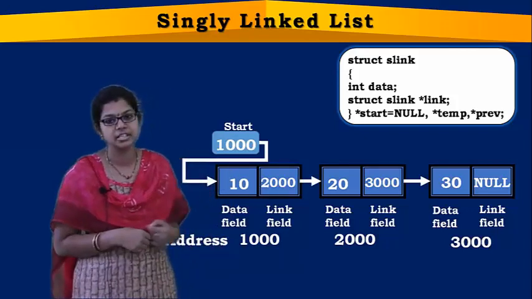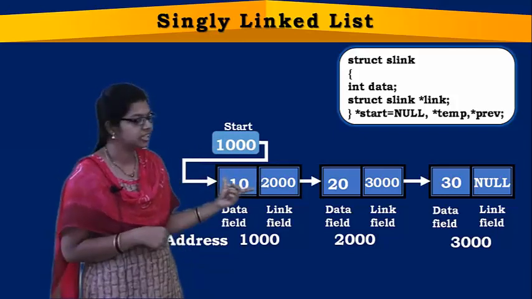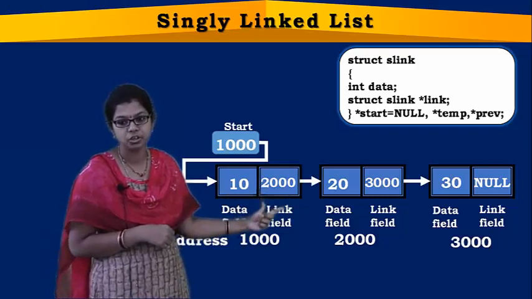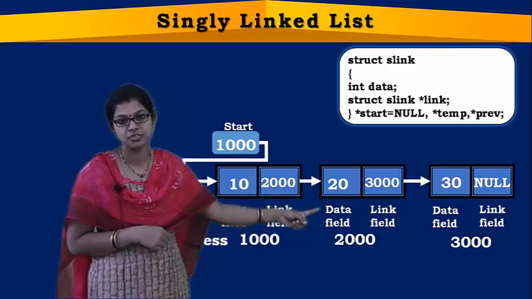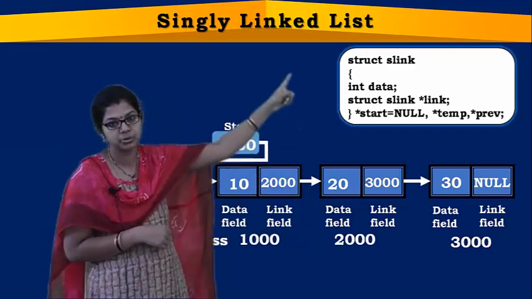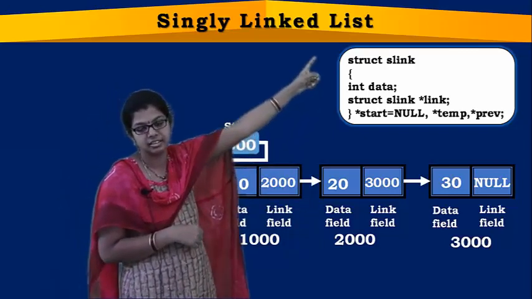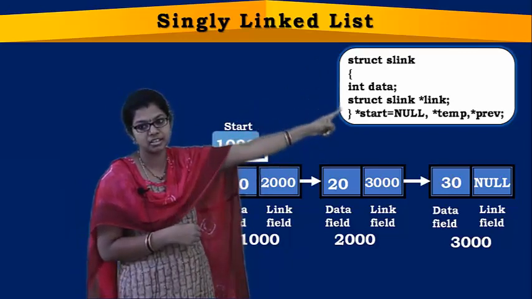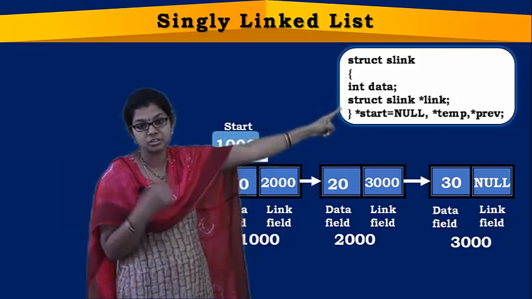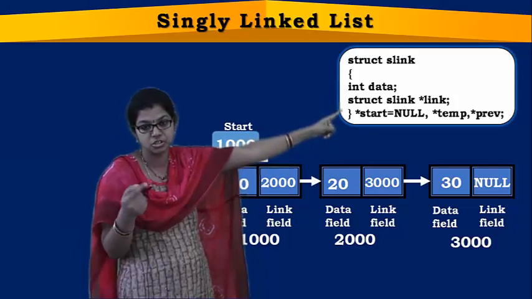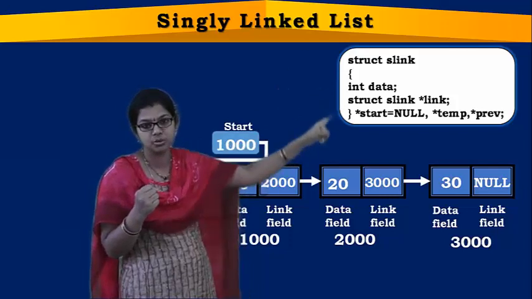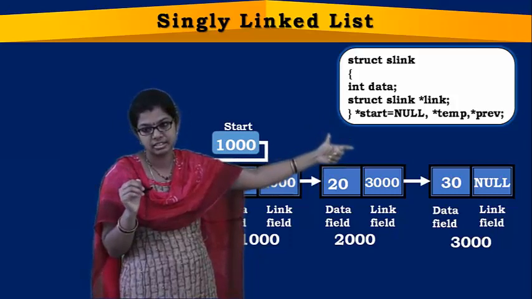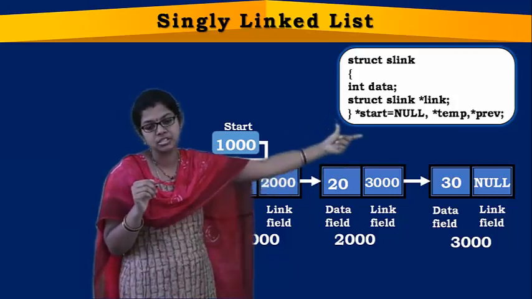See, this is the representation of a singly linked list. Each and every node has one link part that is going to point to the next node. As we have seen, a node is represented by using a structure. See, S-link is a node for a singly linked list which consists of two parts. One is the data part, another one is the link part. And the link part should be of the same structure because each node is of the same type, right? So here we are using a self-referential structure in order to represent the node of the singly linked list. Is that clear?